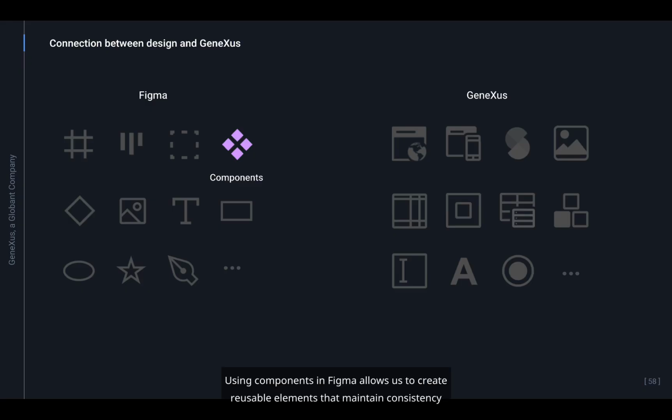Using components in Figma allows us to create reusable elements that maintain consistency throughout the design. These components act as templates, defining a set of elements and properties that I can instantiate as many times as needed. On the other hand, component instances are adapted versions of the original component that are used in specific situations, allowing you to customize data, such as changing text and images, adjusting a state, hiding or showing elements, or modifying